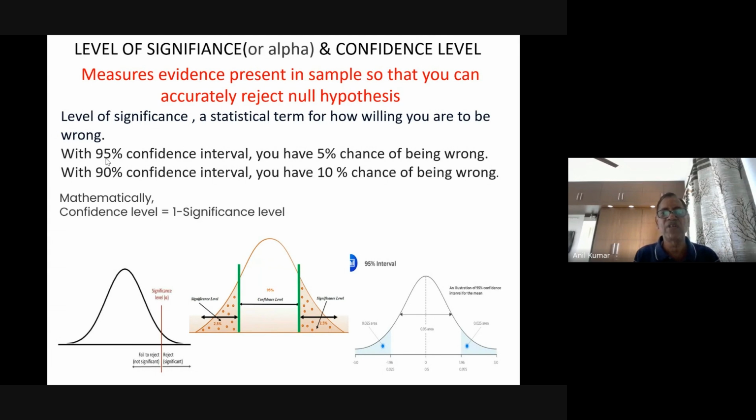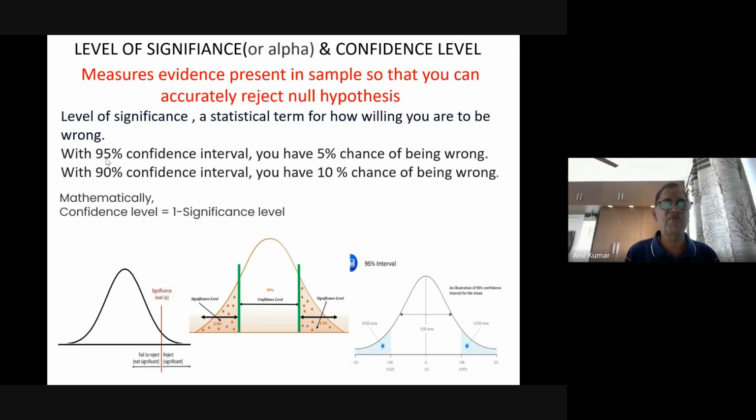Depending upon the nature of the hypothesis you are testing, for example in medical sciences, the level of significance should be very high, somewhere around 99.9% confidence, because the question is the life of an individual. But in education and social sciences, even compared to science, it is a little relaxed. You can go for 95% confidence or 90% confidence, because it is not that crucial.